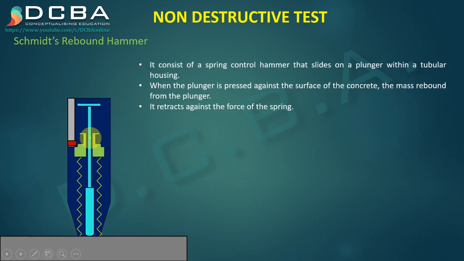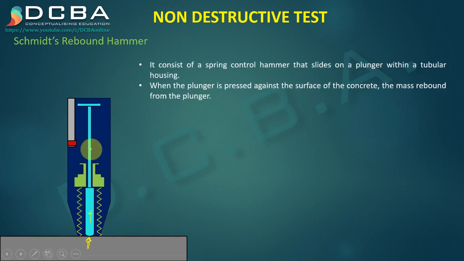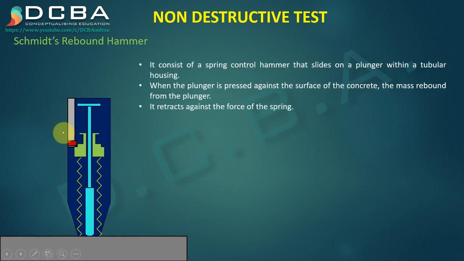What exactly happened is, first when you released that spring, this mass came down very rapidly. Because of that, it gave a force to this plunger. Through the plunger, the force traveled to concrete. When it reached concrete, the concrete gave a reaction back, and because of the elasticity of the concrete, whatever reaction it can give, it gave back. That reaction traveled through the plunger, and it again went back to the mass, and the mass went back ahead.